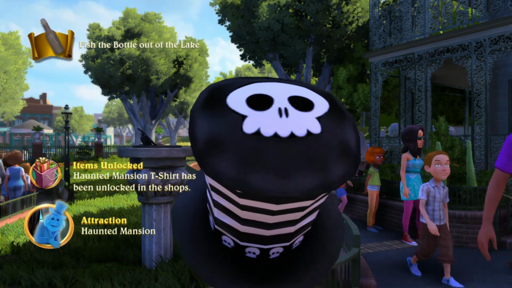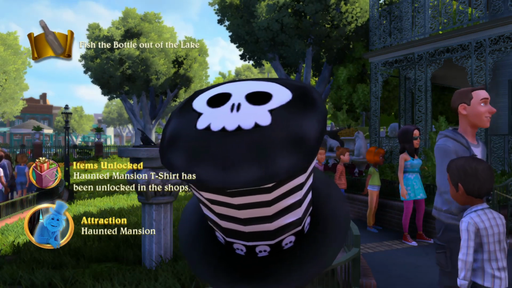Even if you don't get any stars or secrets, finishing all chapters unlocks an attractions t-shirt, so we bought the